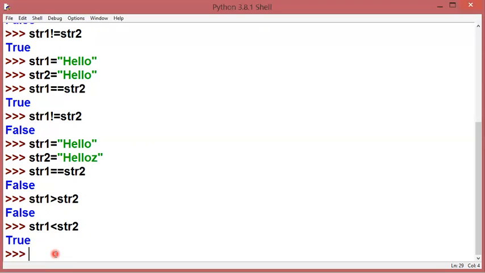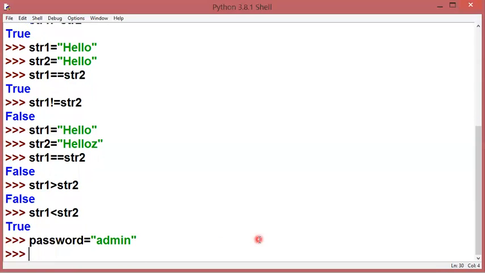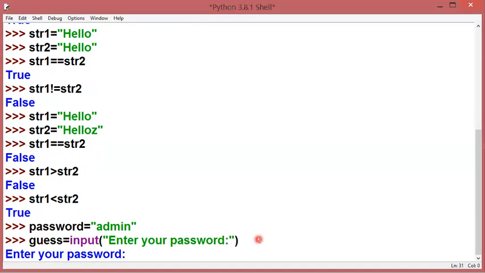Like, I have set one password and now I want to check whether the password entered by the user is matching with the existing password or not. So let us take an example. I am taking password is equal to admin. So this is my password and now I am going to guess it. So guess is equal to input, enter your password, right? So now I'm going to enter the password. Let's say I'm writing